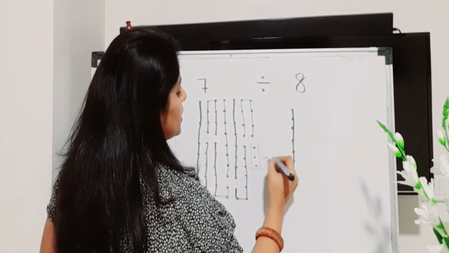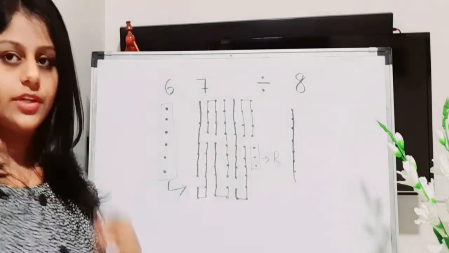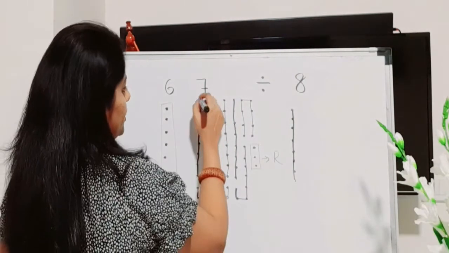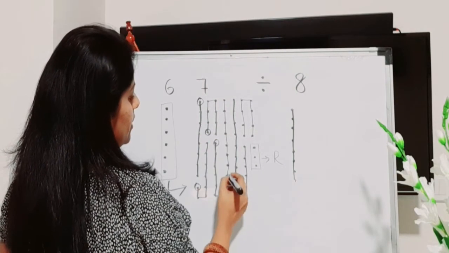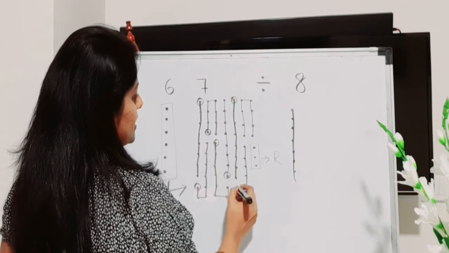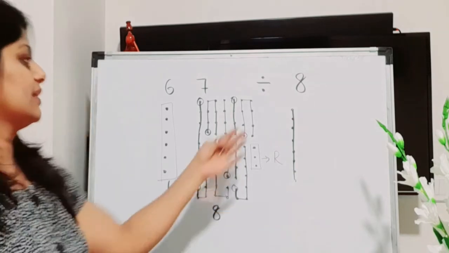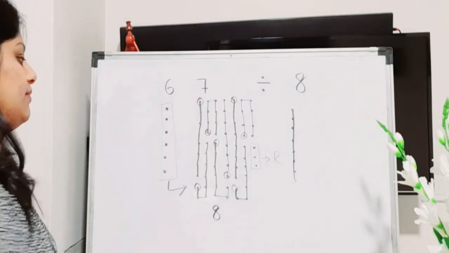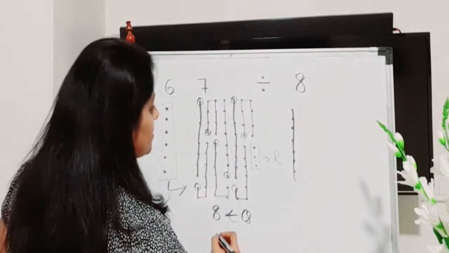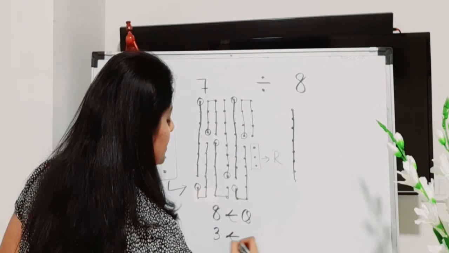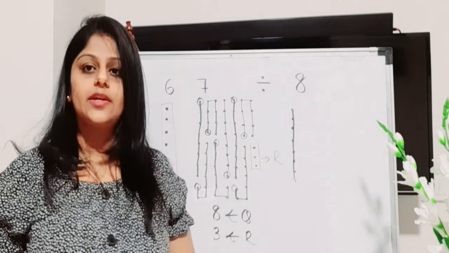No. Therefore 3 is the remainder. And how do we write the quotient? In this column we don't have any dots, all the dots have been shifted. In this we have 1 new beginning, 2, 3, 4, 5, 6, 7 and 8. 8 new beginnings we have here, and this is the second, so we had only 2 columns. Therefore the quotient is 8. And what is our remainder? We have 3 dots remaining. Therefore the remainder is 3. So 67 divided by 8, the quotient is 8 and the remainder is 3.